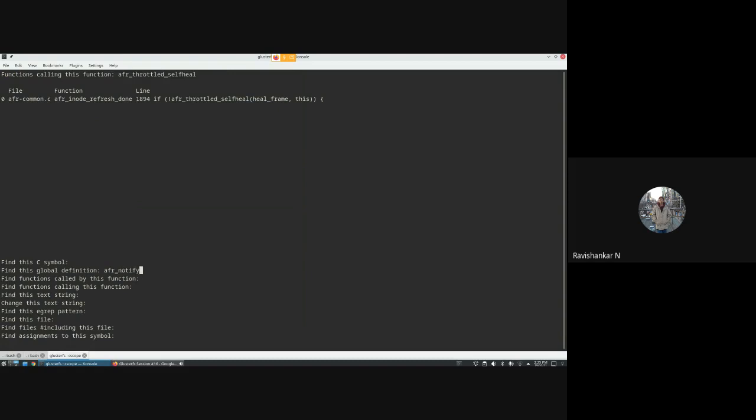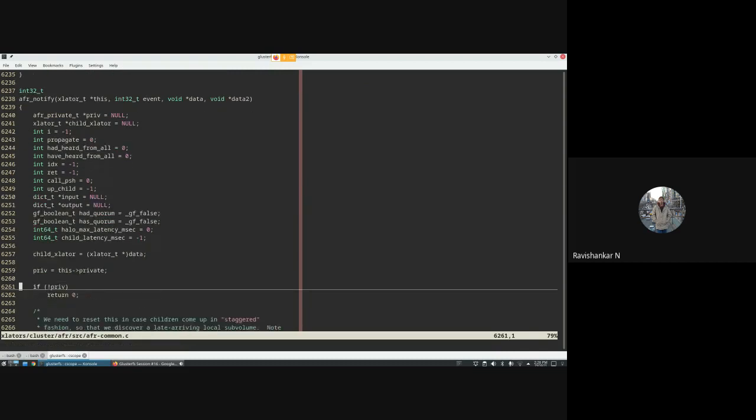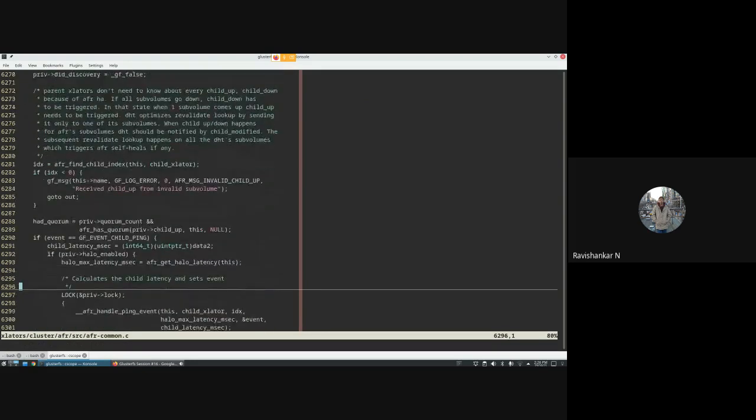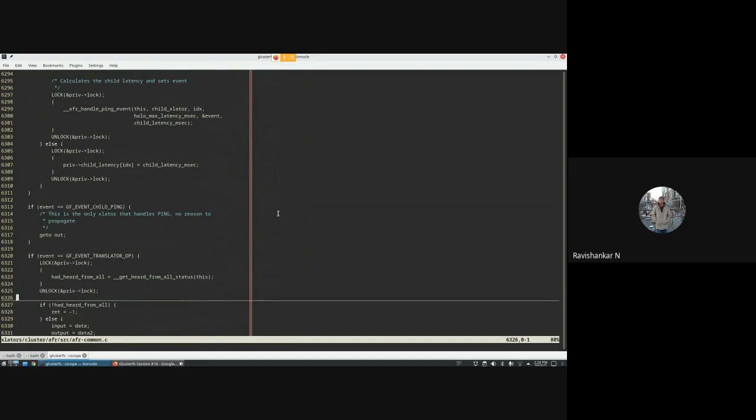What happens is, when you run the command from the CLI, the CLI will talk to glusterd, and glusterd will send the op to the self-heal daemon, which will hit the notify function.